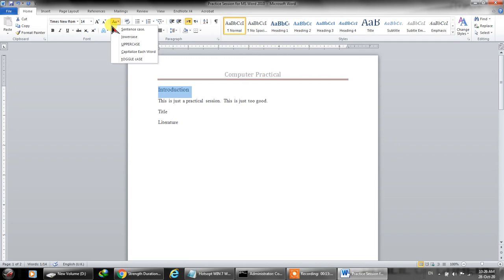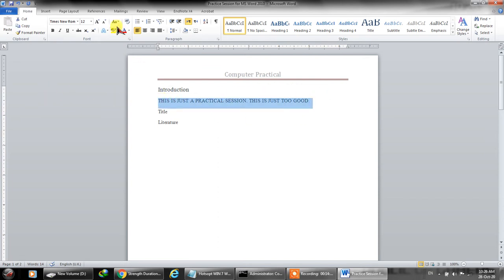For example, sentence case. In sentence case, the first word is capital. Let's say, I click over here and I choose sentence case. Now if I select this and choose lowercase, all the letters are in lowercase. If I want to make all the letters uppercase, all the letters are in uppercase now.